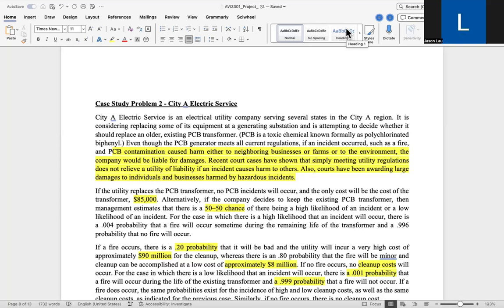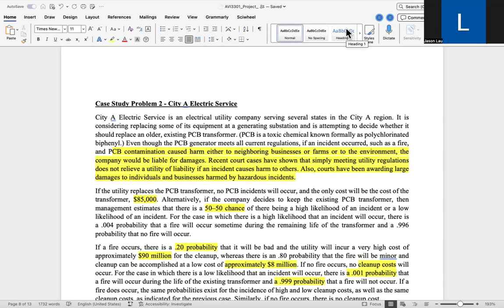It is considering replacing some of the equipment, such as the PCB transformers for the generating substations, and whether or not they should be replaced. In this case, they have two scenarios. The first one: if they replace the PCB transformers, they only have to handle the cost of the transformers. And the second scenario is if the company decides to keep the existing